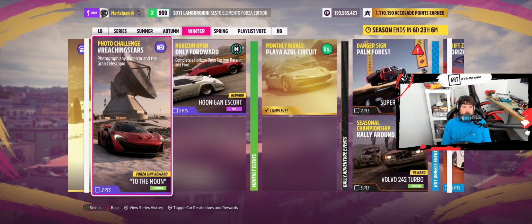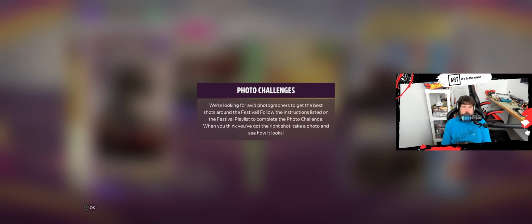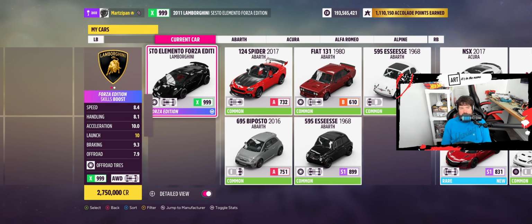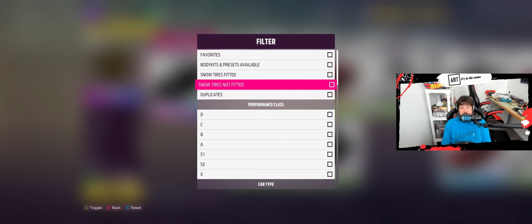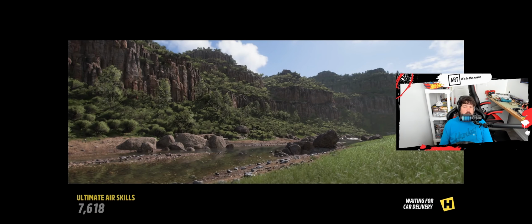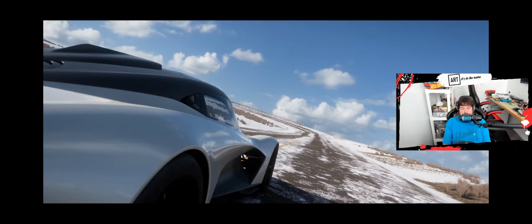Photograph any hypercar and the Gran Telescopio. So let's go look at that real quick. Let's see what this is. This is an extreme track toy. So what we need is a hypercar. Down to H we go. Perfect. Let's take this and we're going to head over to the huge telescope, which is on the other side